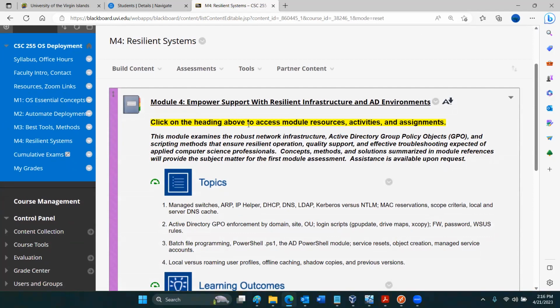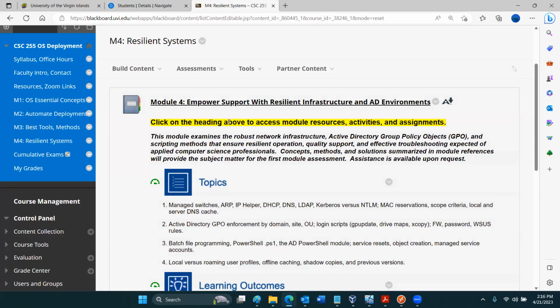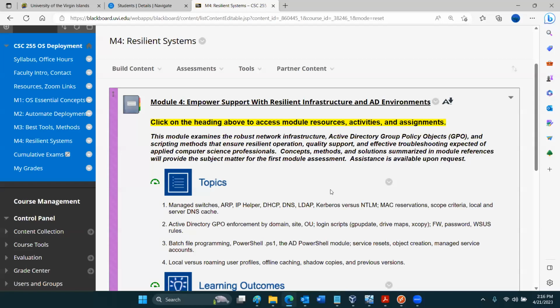Now, we have a special topic, and I'd like to do some fun stuff to demonstrate the power of what becomes possible in an Active Directory domain environment. It completely changes how you can work with operating systems.